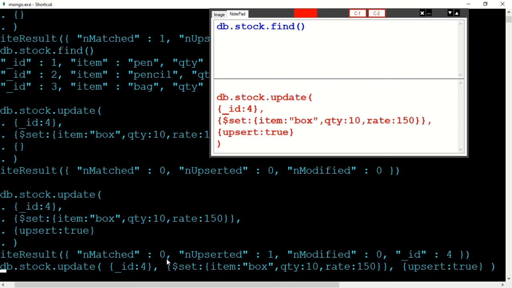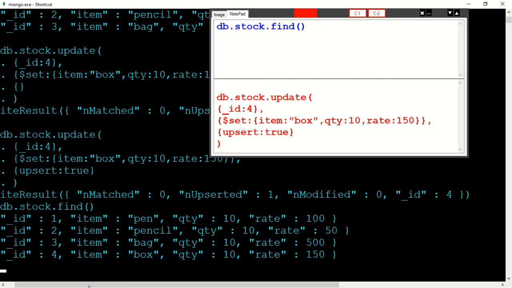Now let's see, find. You can see here id 4, item box, quantity 10, rate is 150. Correct. So this way we can insert or update or modify any records or items from the documents by using update.